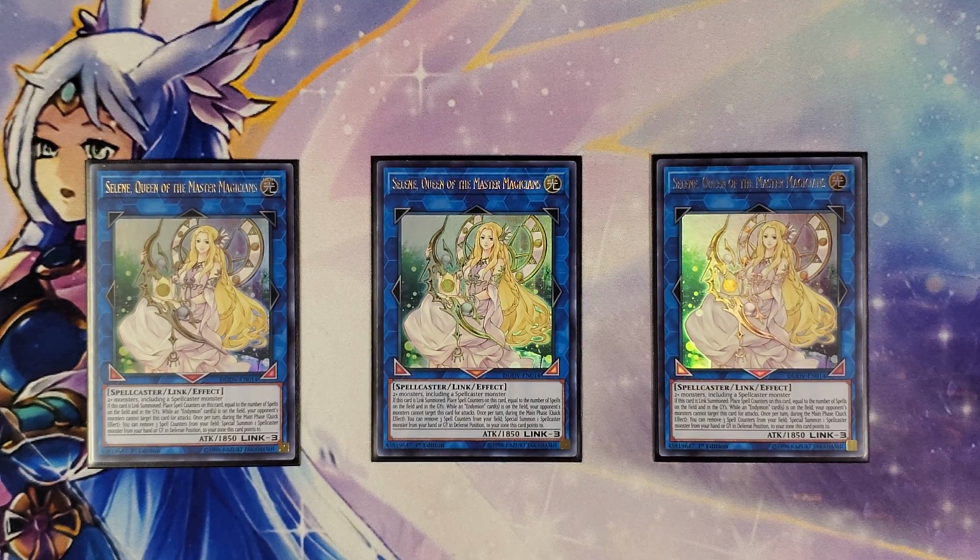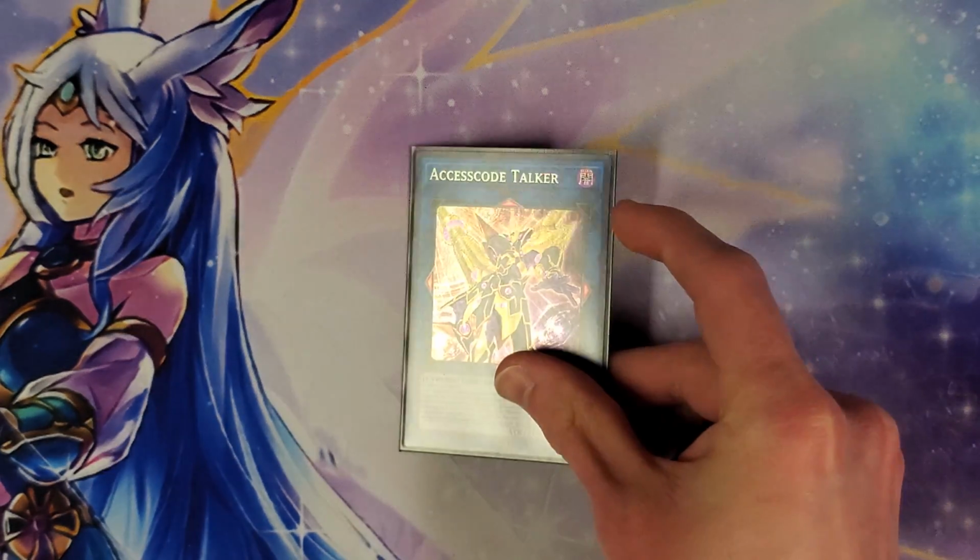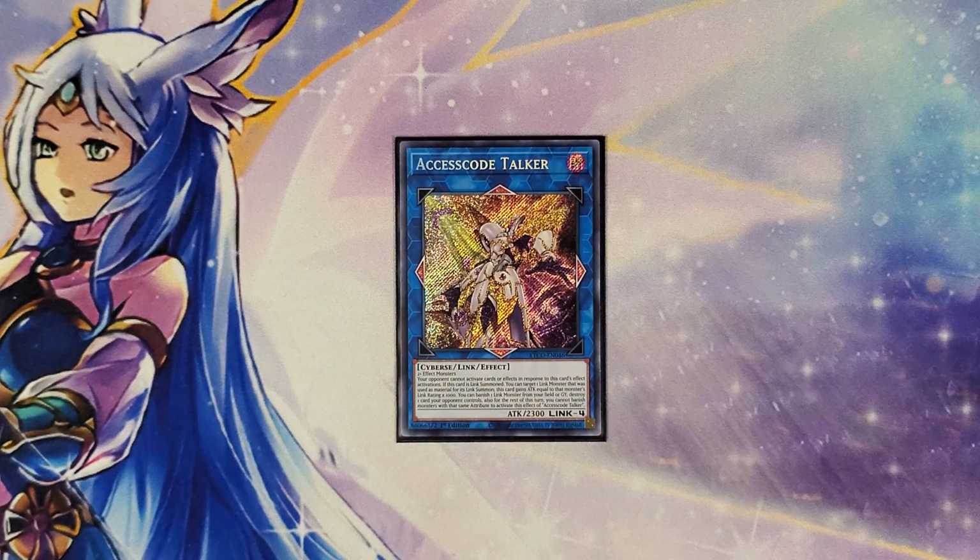Also, while you have an Endymion card on the field, your opponent cannot target Selene for attacks, and then once per turn during the main phase, you can quick effect remove 3 spell counters from your field and special summon 1 spellcaster from your hand or graveyard in defense position to a zone Selene points to. And a lot of the times you'll use that special summon monster in Selene to go into your Access Code Talker. This is great for the OTK potential, as well as its destruction effect that your opponent is unable to